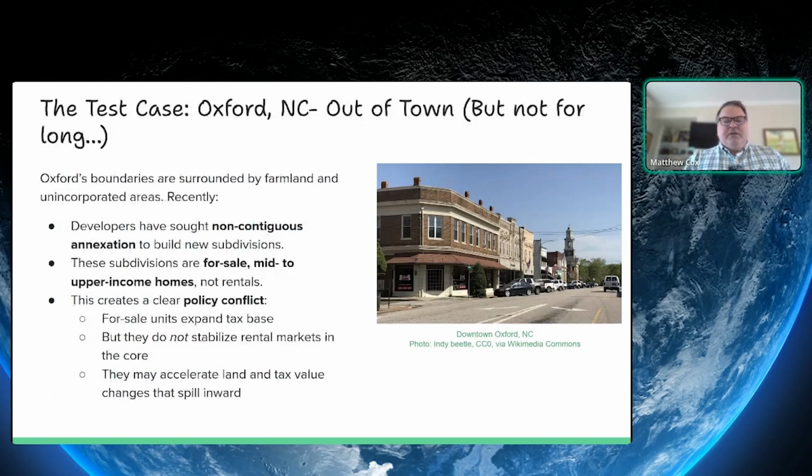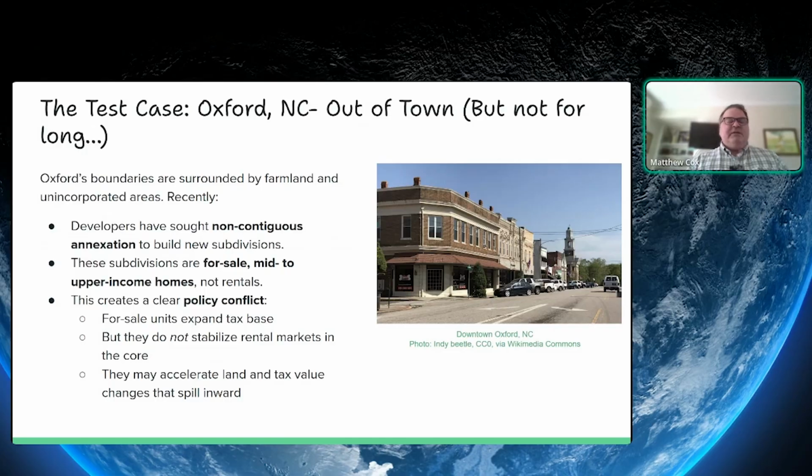Here's the challenge that we've got, the out of town challenge. And I say, but not for long, because the city is expanding. The boundaries of the town are surrounded primarily by farmland and unincorporated areas. That means areas that live outside of the governed area of the city. As I mentioned before, a lot of developers have come in and sought what's called non-contiguous annexation. That means not building at the edge of town, but maybe building a mile outside of the town limits, but asking the town for services. That could be water, that could be sewer, stormwater,